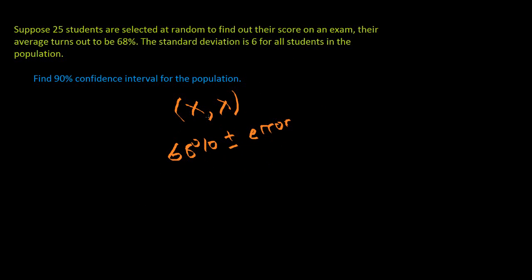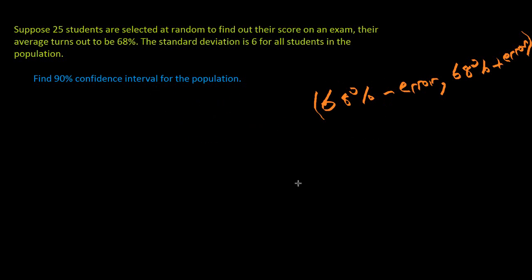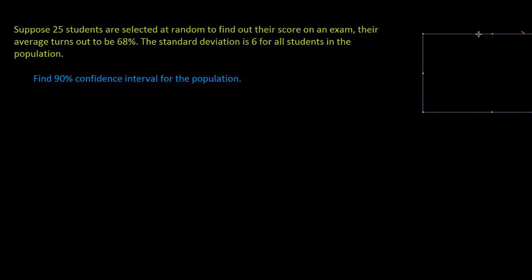So let me elaborate first off on what this is up here. That's going to be 68% subtract the error and 68% add the error. That's going to be the interval. Oops, that kind of went off screen there. Okay. So that's essentially two popular denotions of what we can use. I'm going to be using both of them just to show you a bit more on how to do this